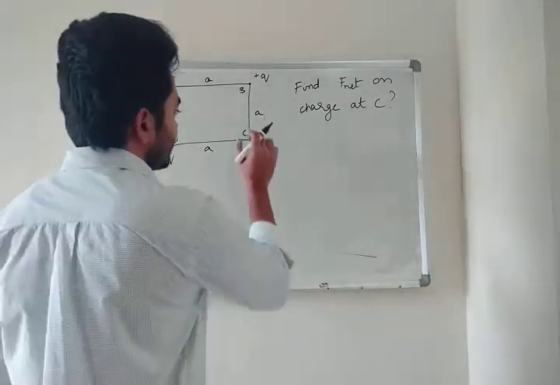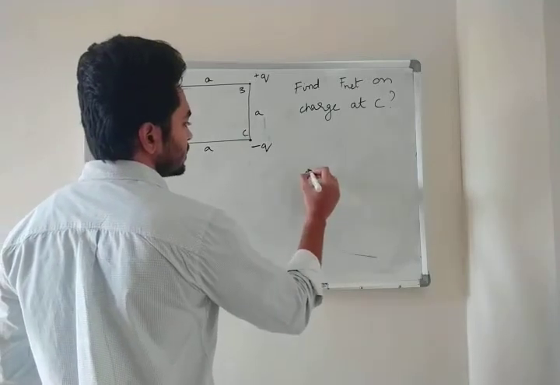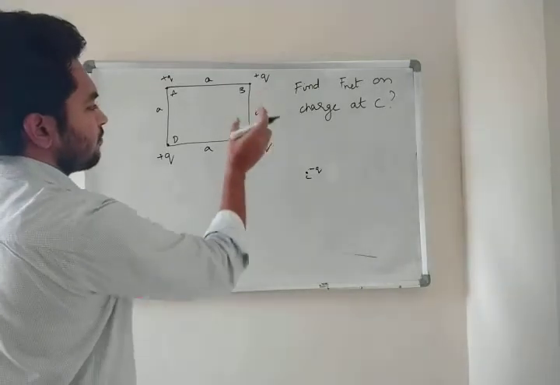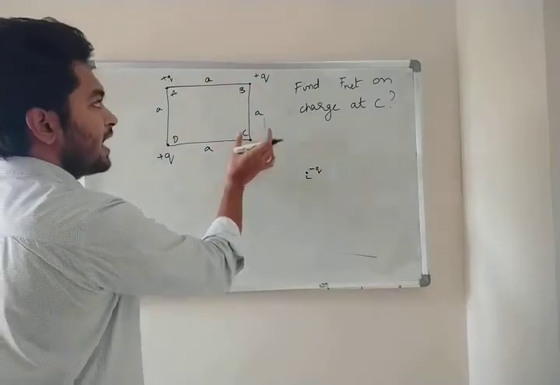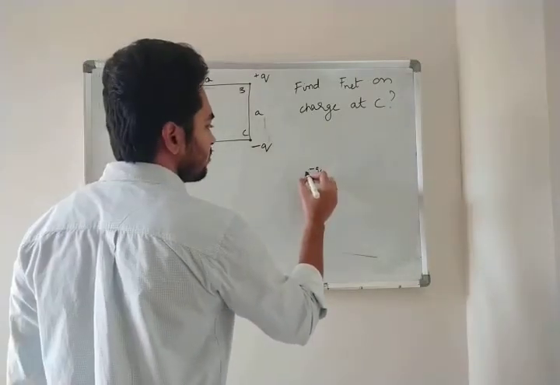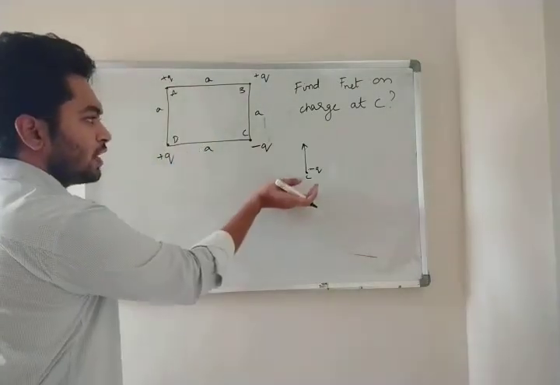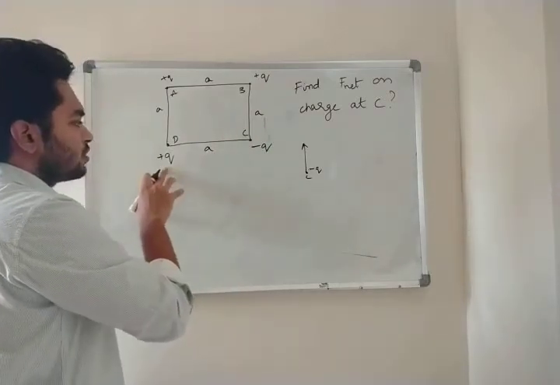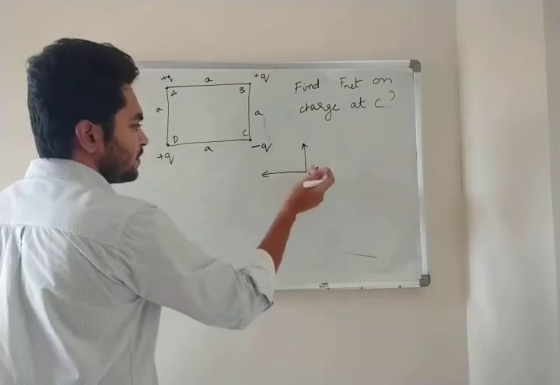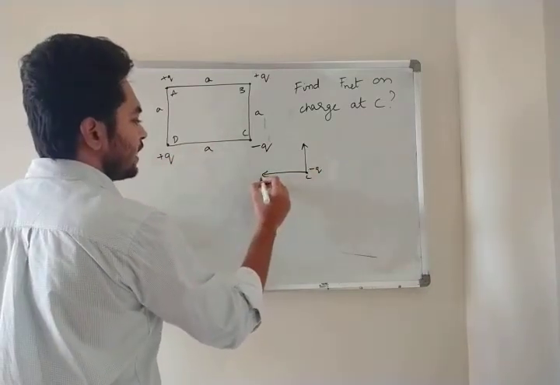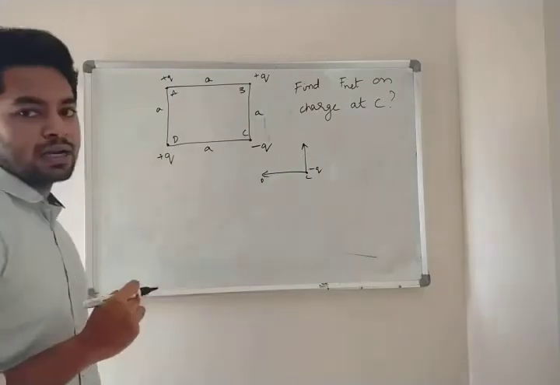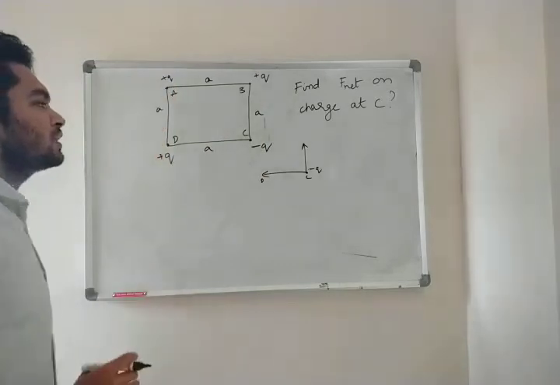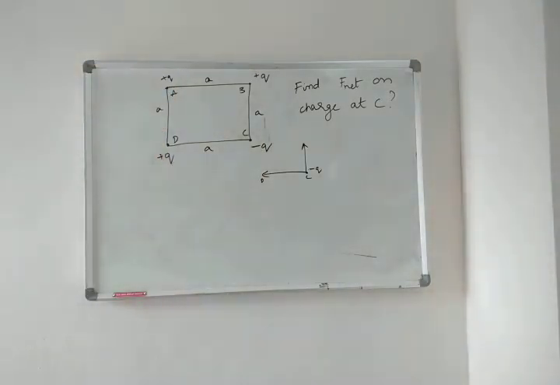Now let us take this charge C outside. So this is C and this is minus Q. Now C will attract to B, so the direction will be like this. C is going towards B, so this is going to attract because we have a negative sign, and this also is towards D. This is D, right? Plus Q, so this is also going to attract. Clear? Here also it is going to attract and here also it is going to attract. So what is the next step you can think of?